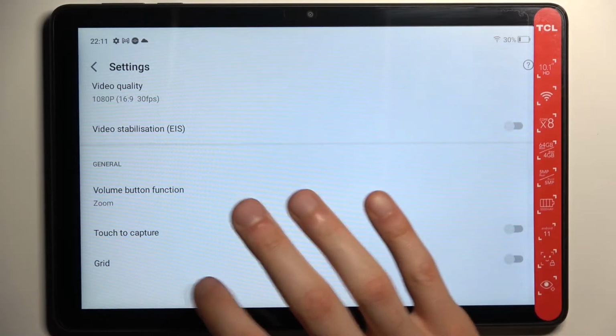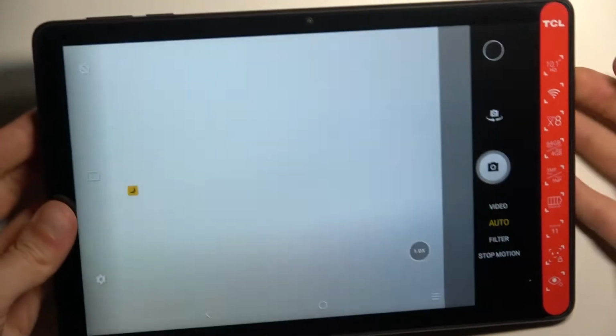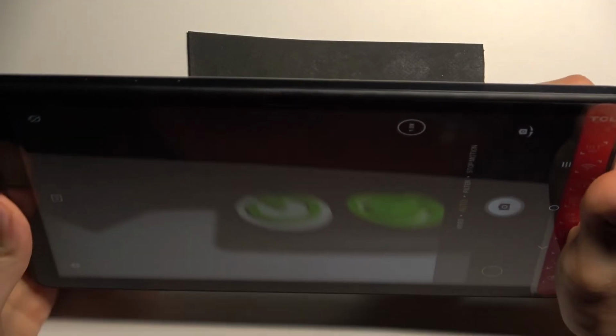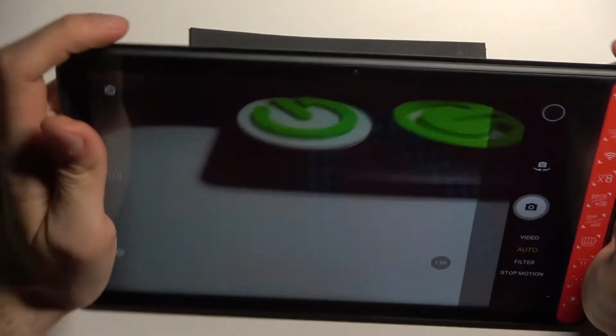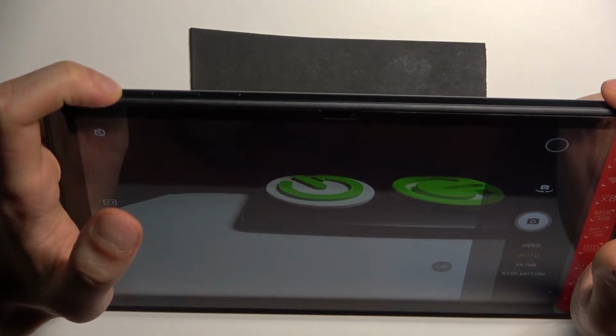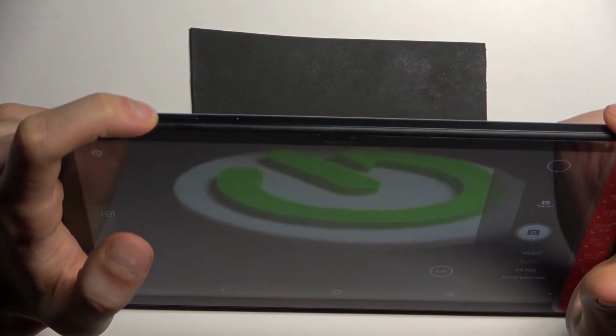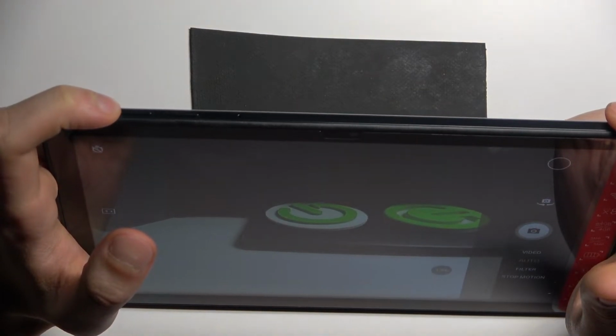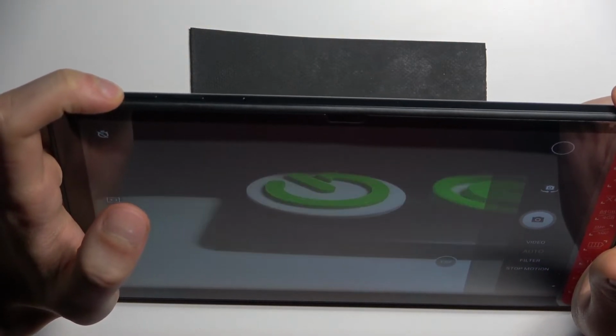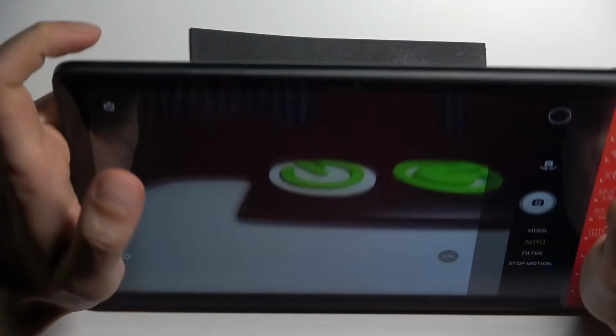So let's set it to zoom and try to zoom, I don't know, maybe onto these hard reset logos. So as you can see, when I volume up I can zoom, and when I volume down I can zoom out. So yeah,